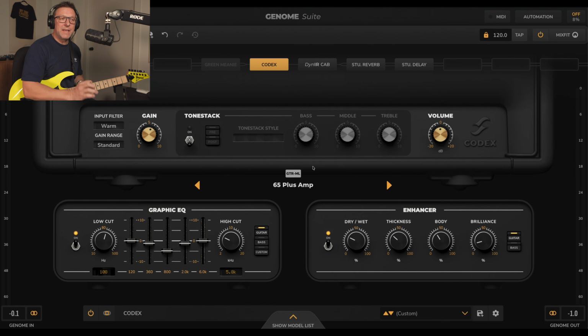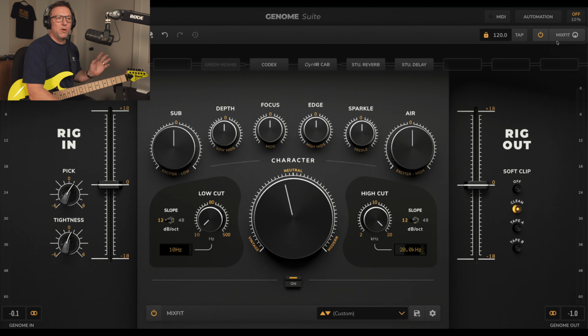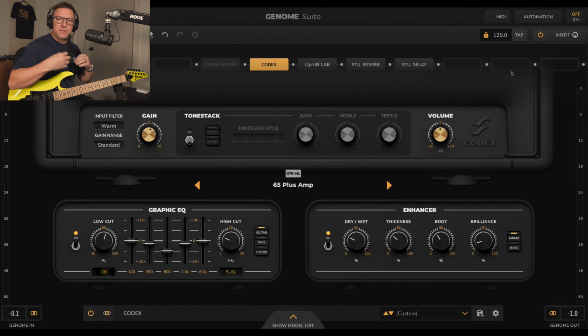So as you can hear, even if the NAM capture is not exactly what you need, you can use the Graphic EQ, the Enhancer, MIXFIT, all of these things put together to shape the sound into something that you want. I think that I managed to get quite a nice tone from that, actually, for a 65 plus amp, which isn't what John Petrucci would have used. I sort of managed to get the same kind of sound. I didn't use the Green Meanie. I could have